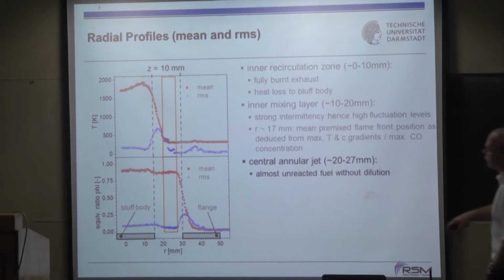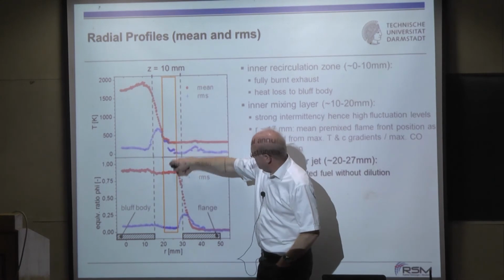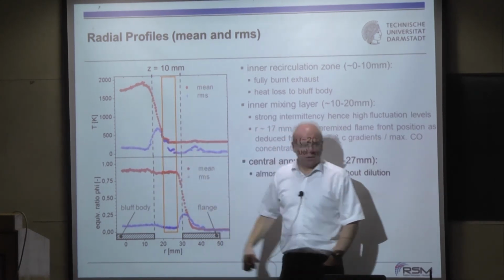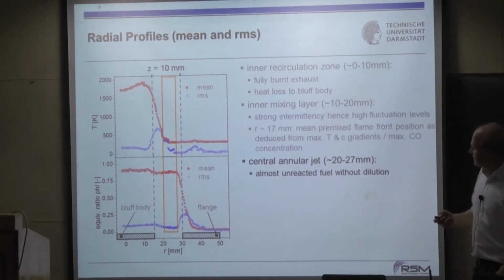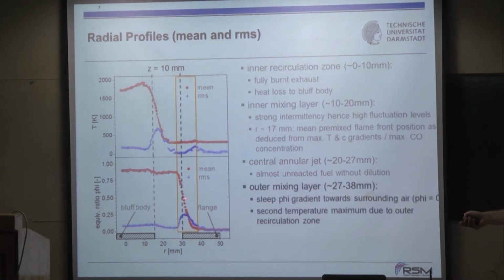You find there's no reaction. Temperatures are low, but you're still in the part where you have premixed gases coming out. And you see that the equivalence ratio goes only to 0 over here, where you have the outer mixing layer. But there's no reaction. That means at this height, it's a purely premixed flame,